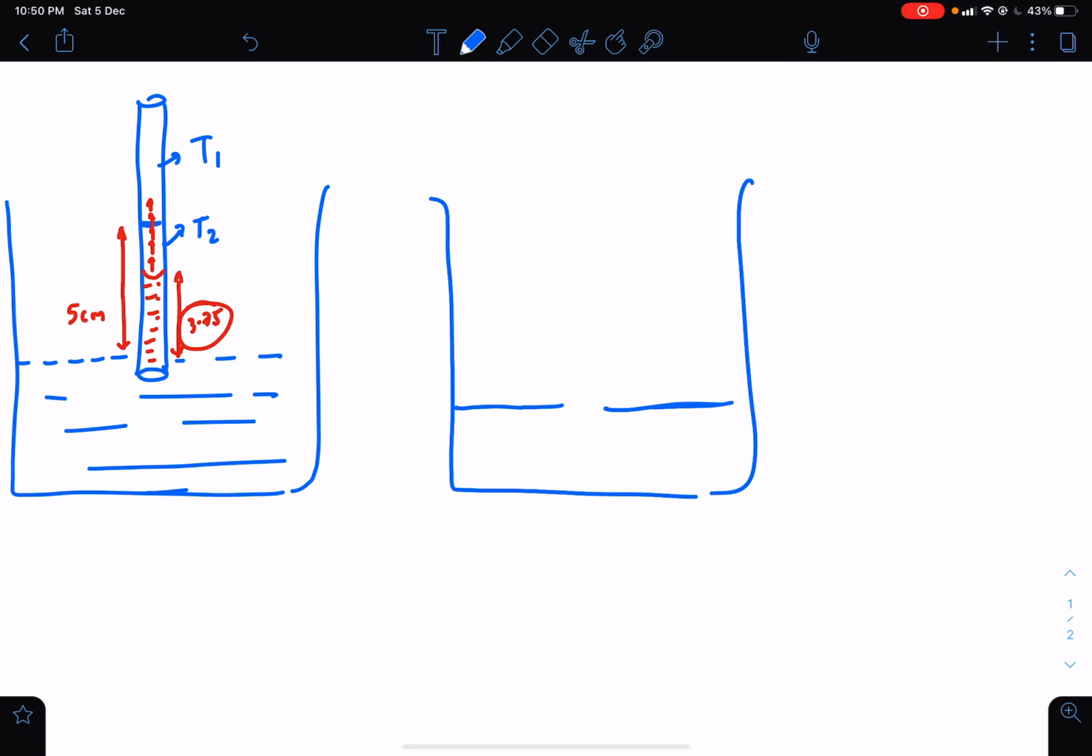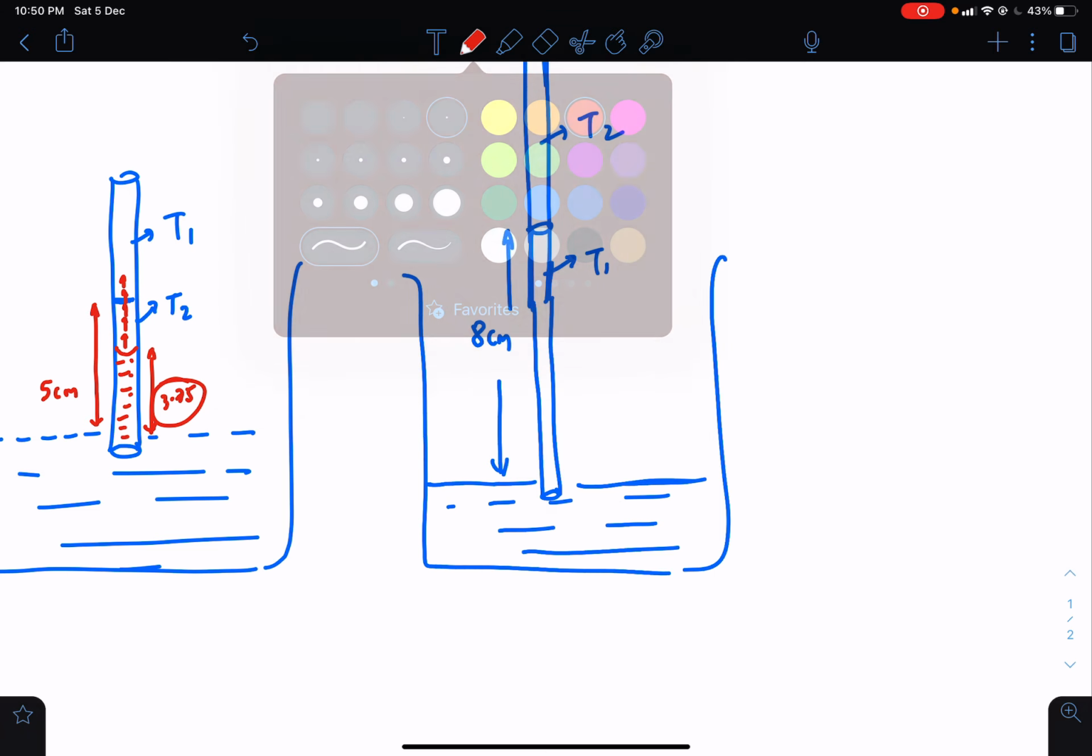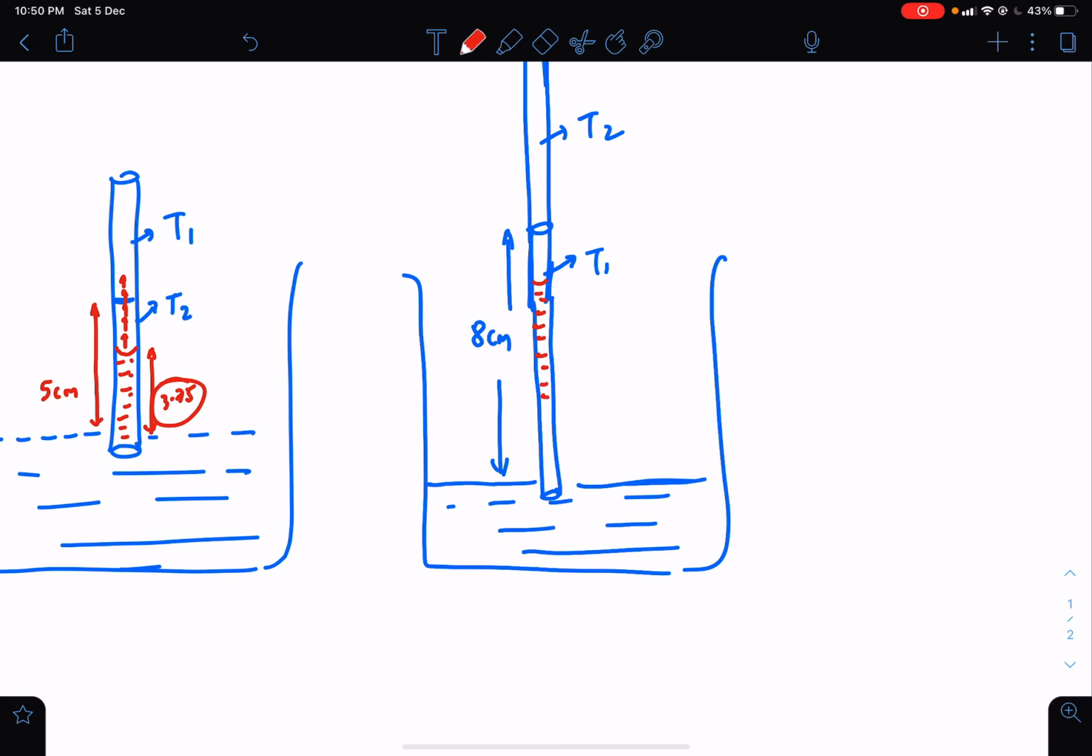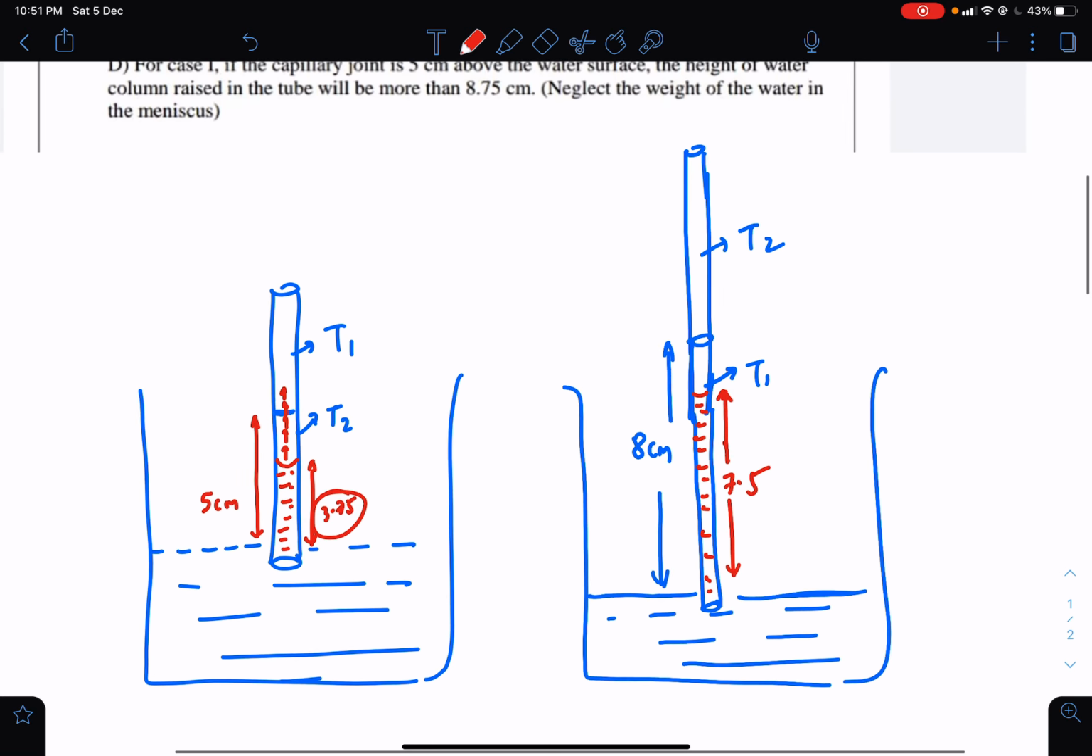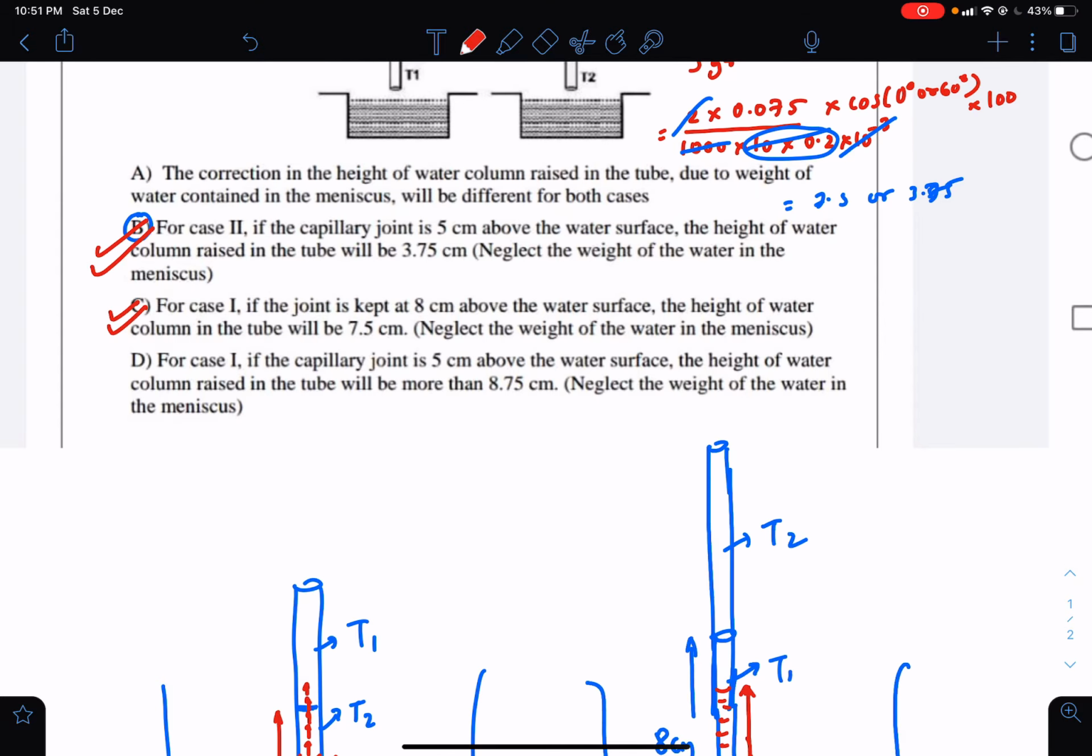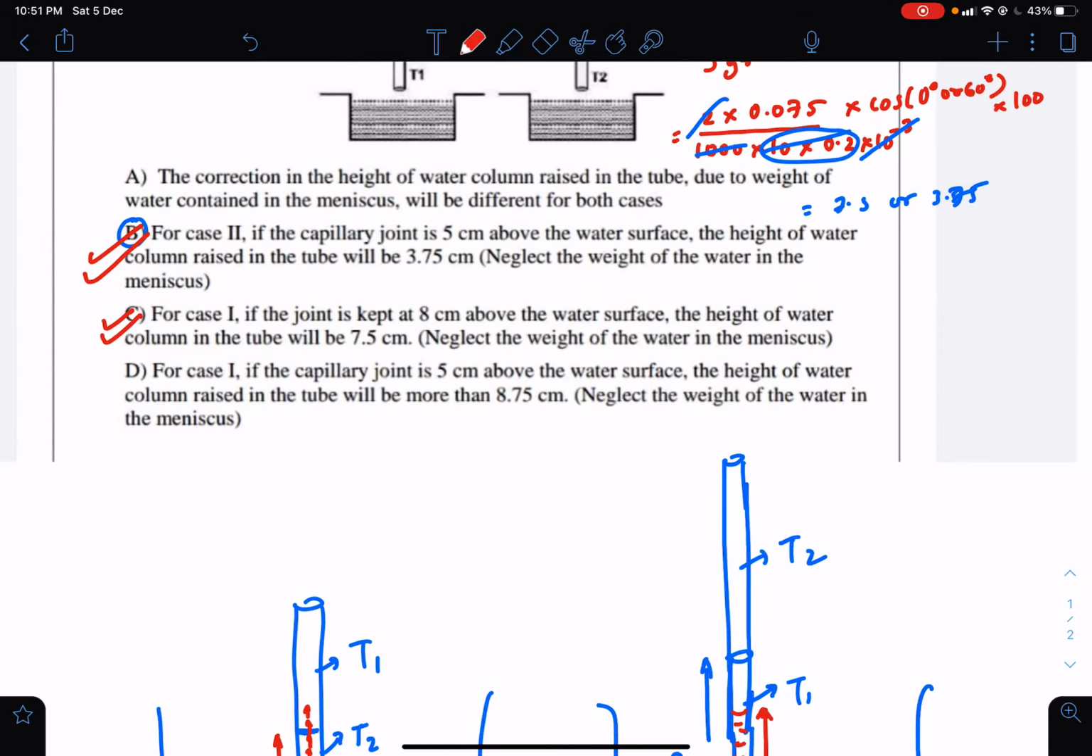So this is T1, this is T2, and again as soon as we dip this combination in water, in T1 water likes to rise up to a height of 7.5, and so this water will rise up to a height of 7.5, but the junction is actually beyond 8, so water didn't get any chance to go all the way up to T2. So it is as good as only T1 is present, T2 doesn't play any role, and that is what is there in option number C. As far as option number A is considered, the correction in height because of the weight of the